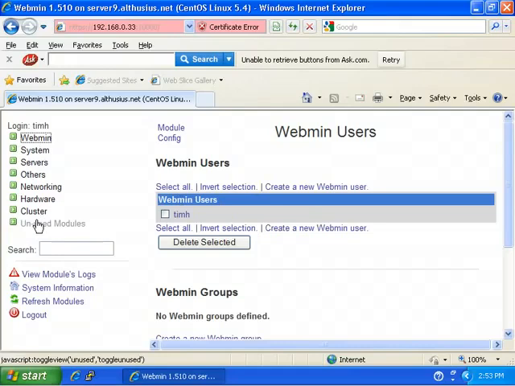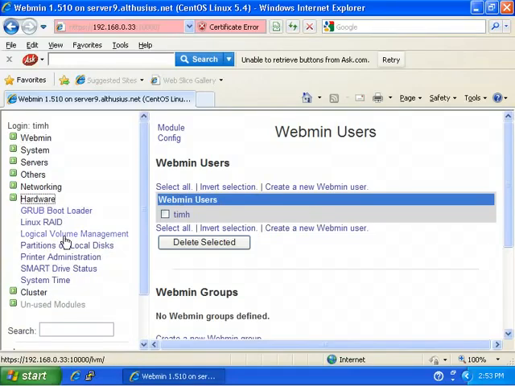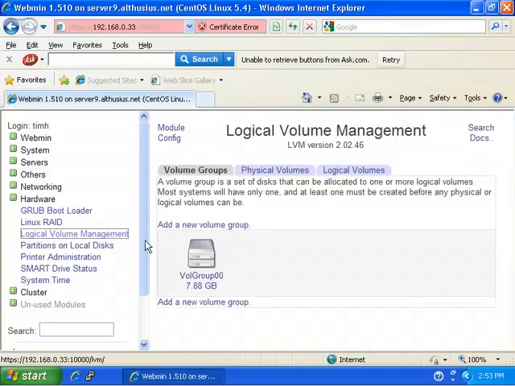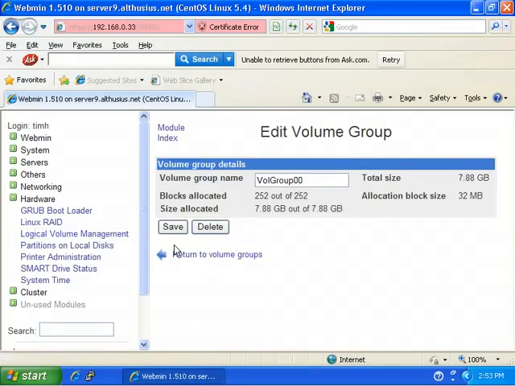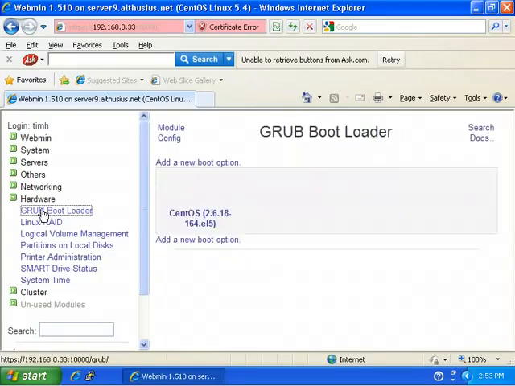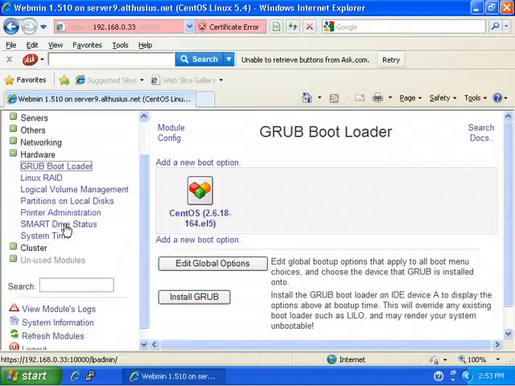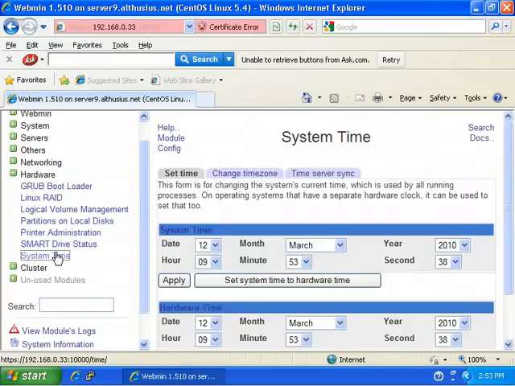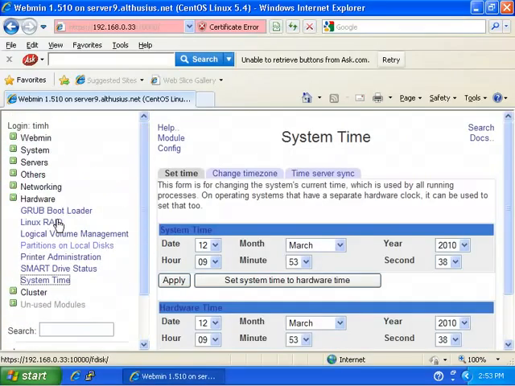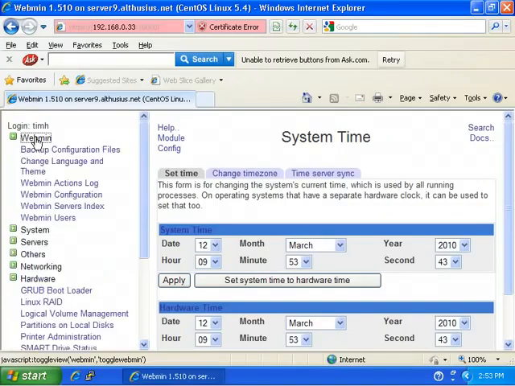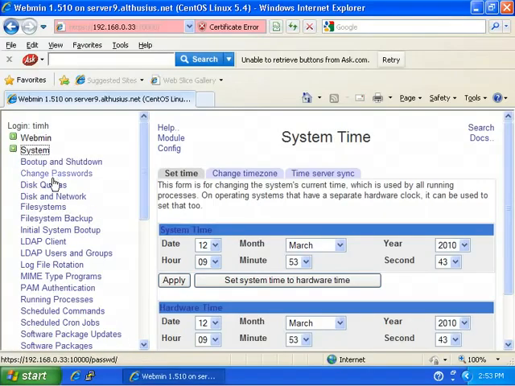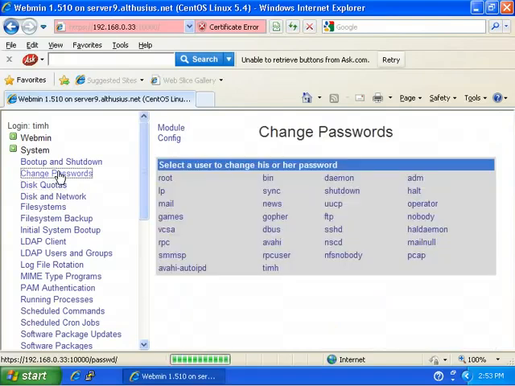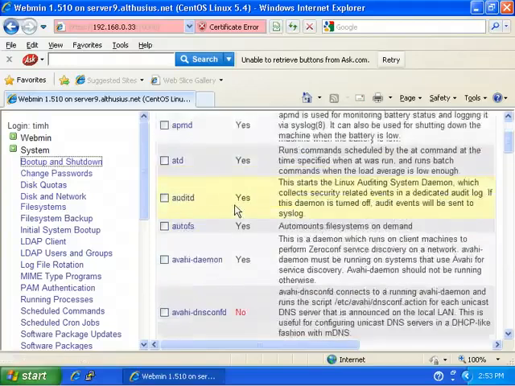It's just a quick overview here. There's tools here that you can use. There's even a graphical utility for managing your logical volume management, although you can't shrink drives while they're mounted. You can manage the bootloader and a lot of different things here, including your system time, which can be corrected and changed all from Webmin here. You can set up disk quotas, you can change passwords for users, you can set up what services you want to start up